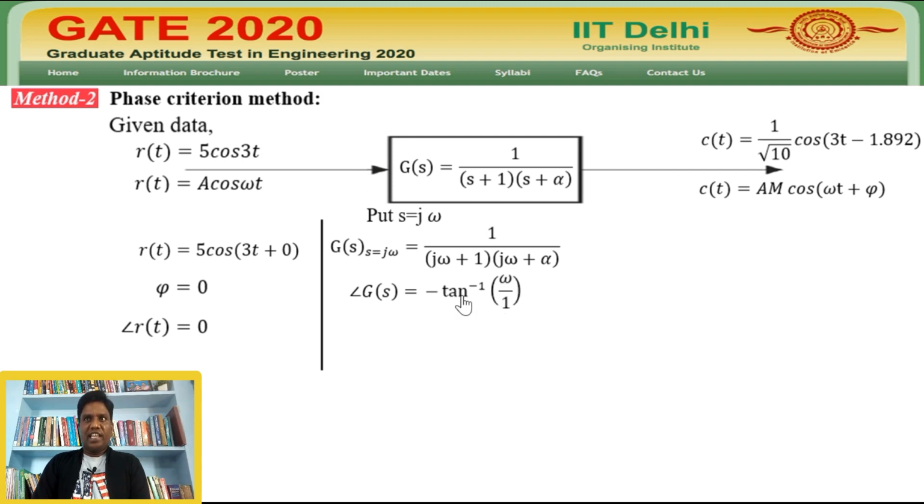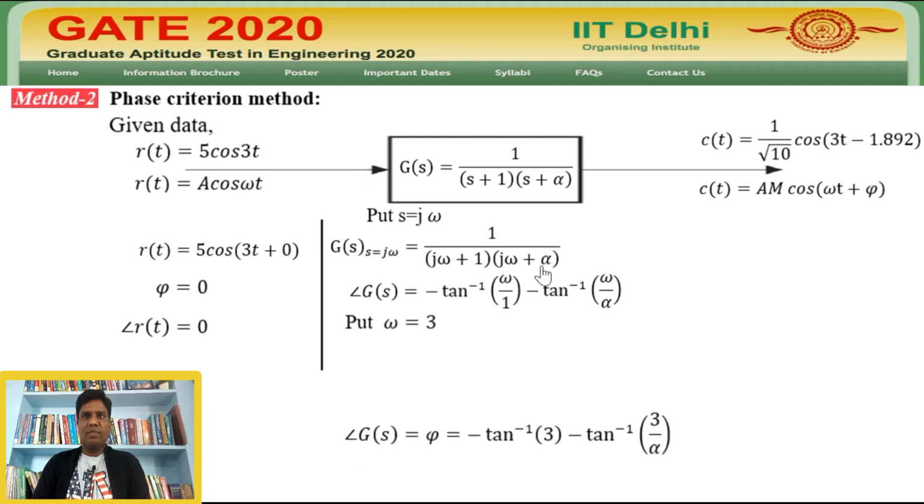Similarly, we can write the phasor expression for the second term denominator part. The phasor equivalent also will get minus, and it looks like a plus jb. Then the corresponding phasor equivalent will be the tan inverse of b by a. Here the a term is alpha and the b term is omega. Finally, the phasor expression for the second term denominator part is minus tan inverse of omega divided by alpha. We know that the omega term is 3, then put omega equal to 3 in this phasor equation.